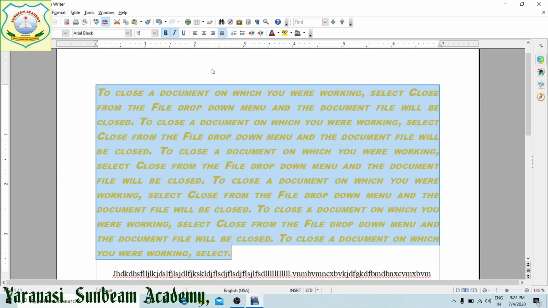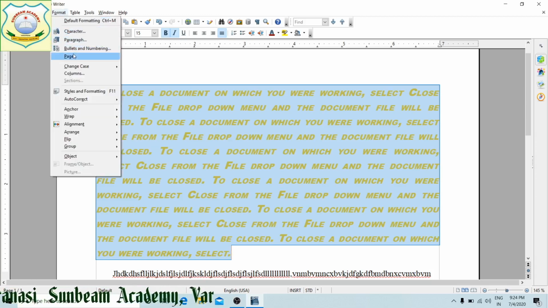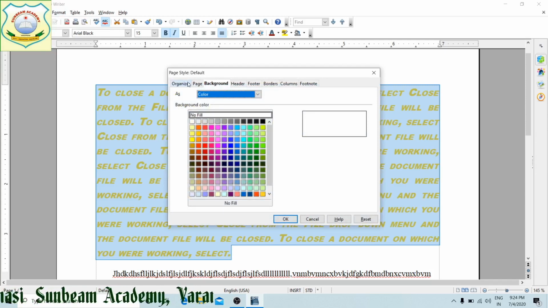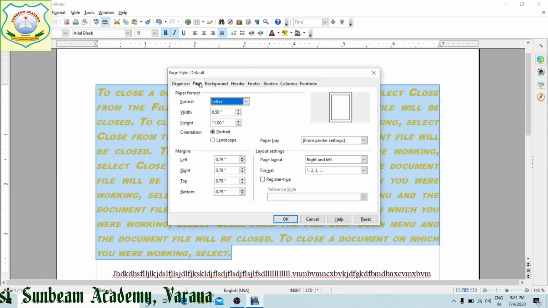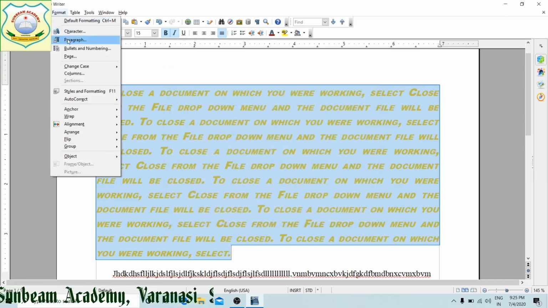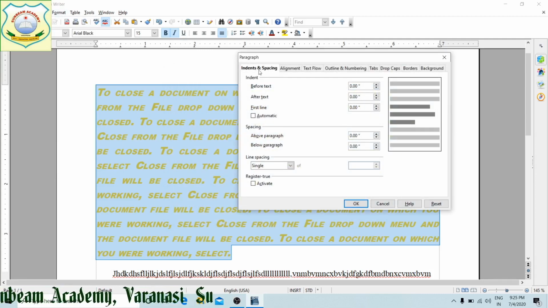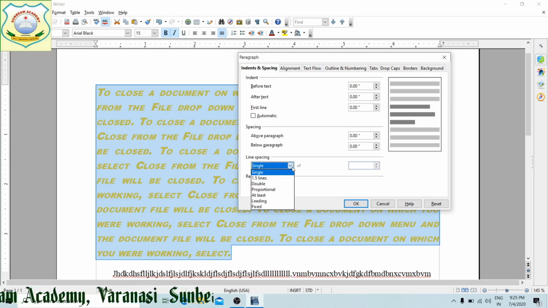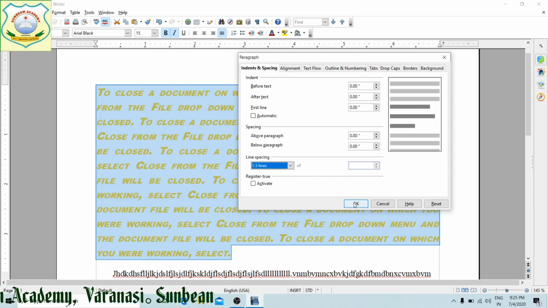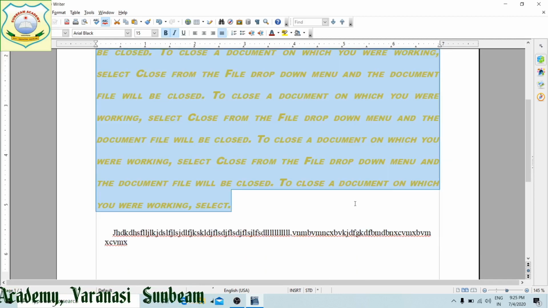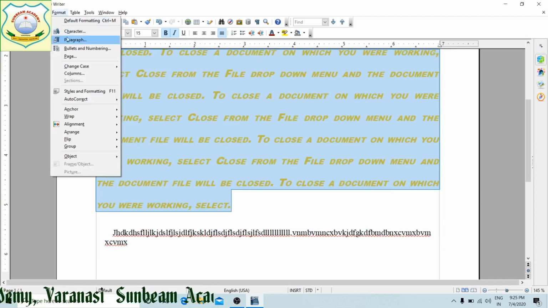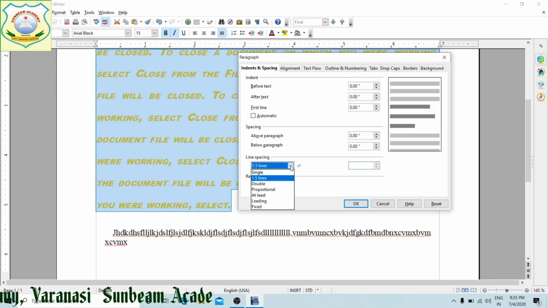Next, line spacing. Your line spacing comes under indents and spacing. Line spacing, there are 1.5 line, meaning the distance between two lines will be more than usual. Next is your double line.